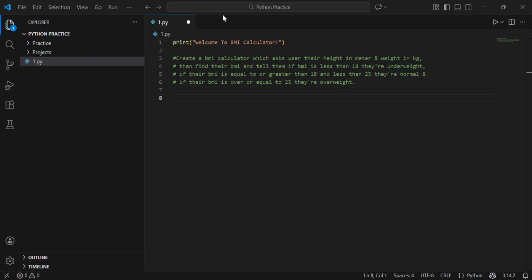Today we will create another simple Python project which is named as BMI calculator. What we need to do in this? Create a BMI calculator which asks user their height in meter and weight in kg, then find their BMI and tell them if BMI is less than 18 they are underweight, if their BMI is equal to or greater than 18 and less than 25 they are normal, and